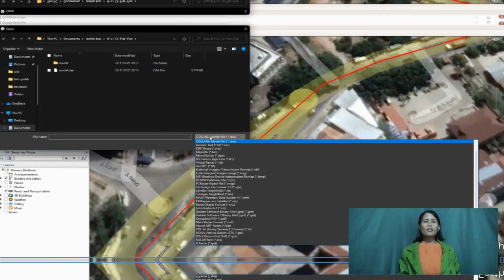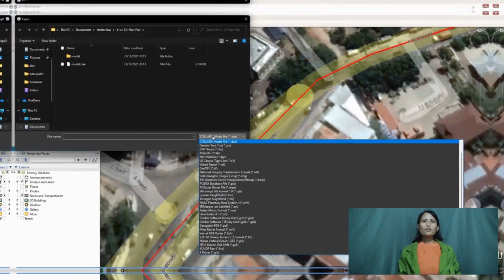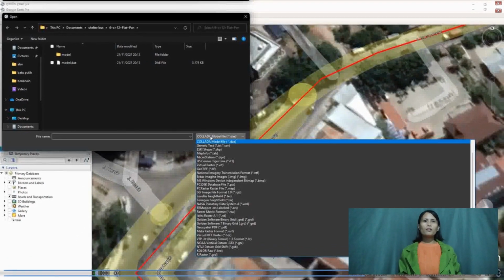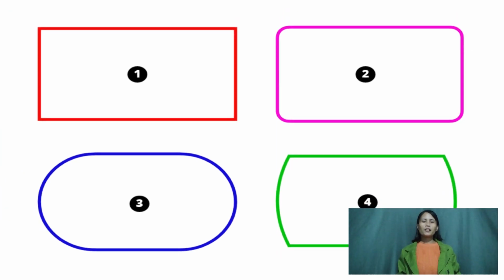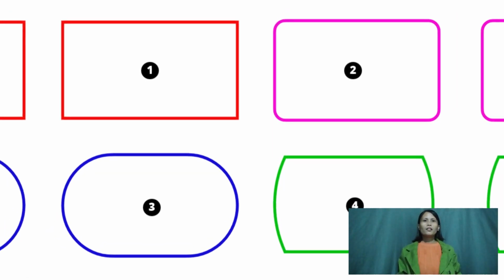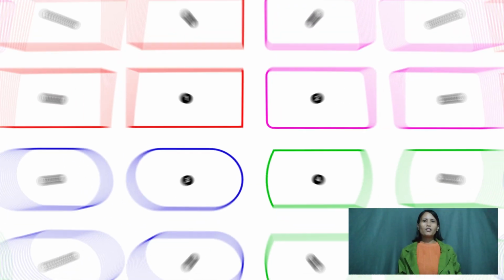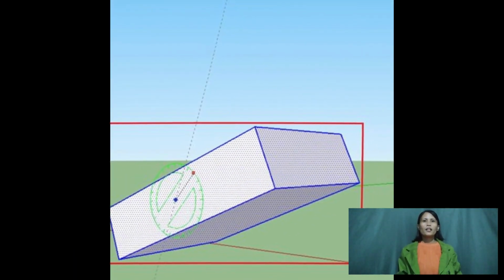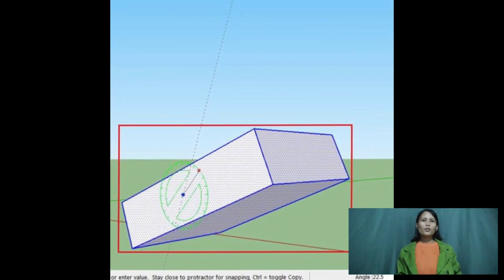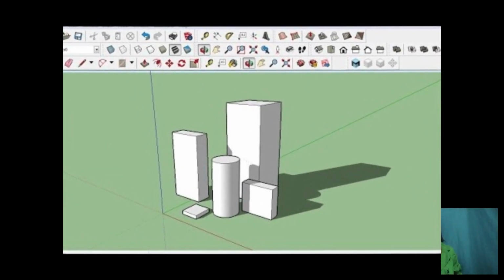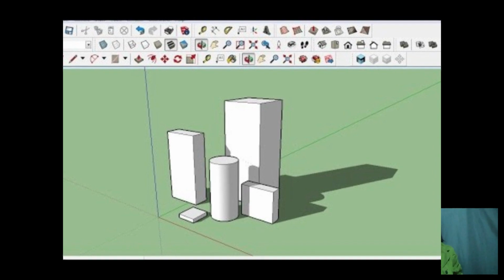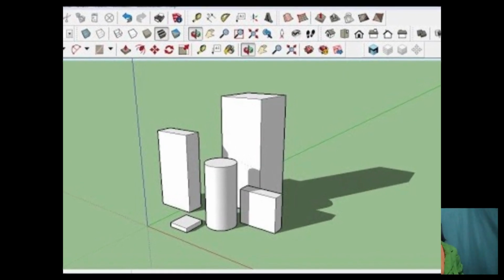The tools are organized in sections. Every section combines multiple related tools. You can find a section that contains drawing, erasing, and drawing different forms like circles and rectangles. Another section is to move, rotate, and change the scale of your model. There is also a section related to views, shadows, and the sun's direction. This will make it easy for you to understand how to use the software quickly.